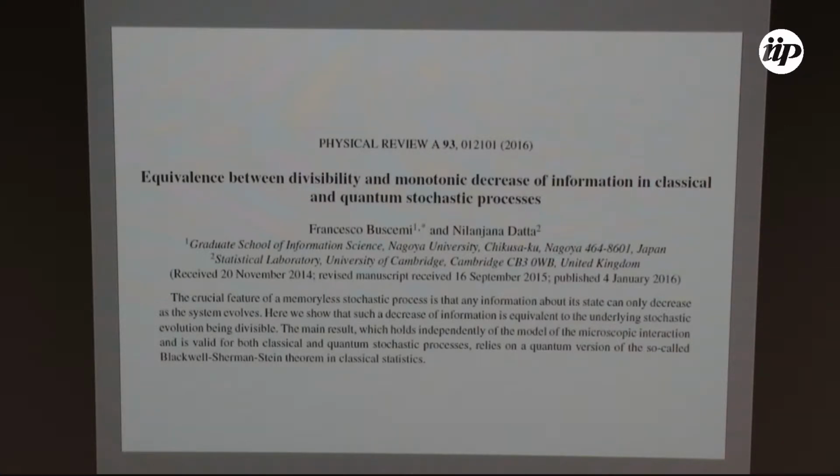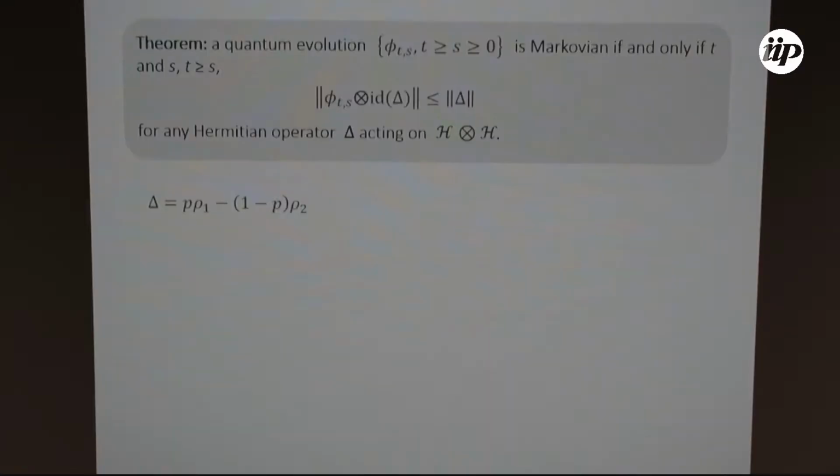And what they are doing, just what concerns us, they are exploring this theorem where a quantum evolution is Markovian if and only if the trace norm of any Hermitian operator is decreasing, which means that if I have a non-Markovian dynamics, I have to be able to find at least one Hermitian operator where this trace norm is not decreasing, okay? And also we can see that any such operator can be written in this way. P is just a number that changes from 0 to 1, and here rho 1 and rho 2